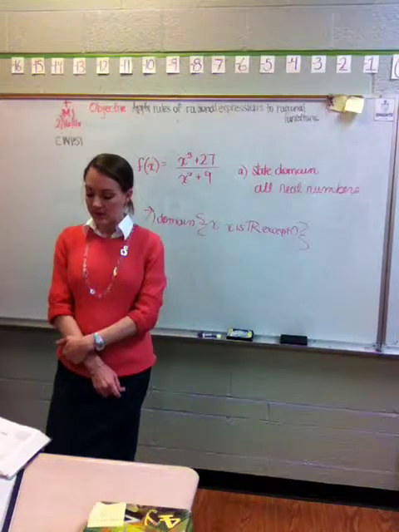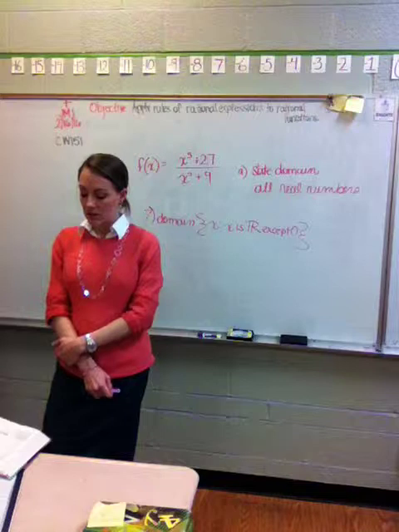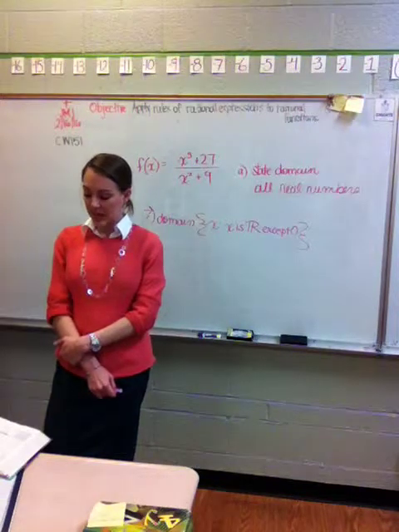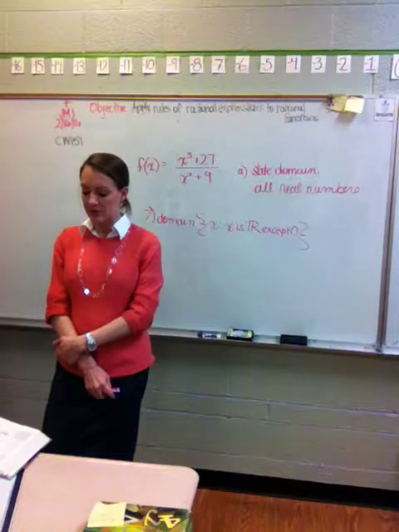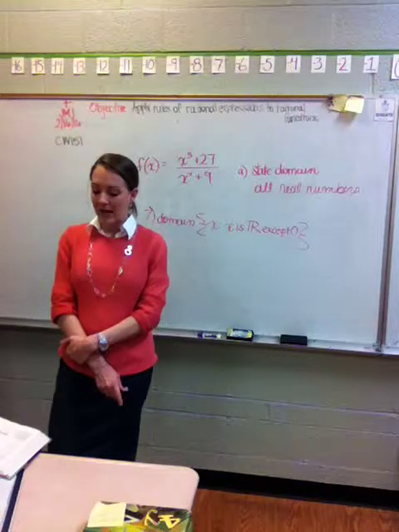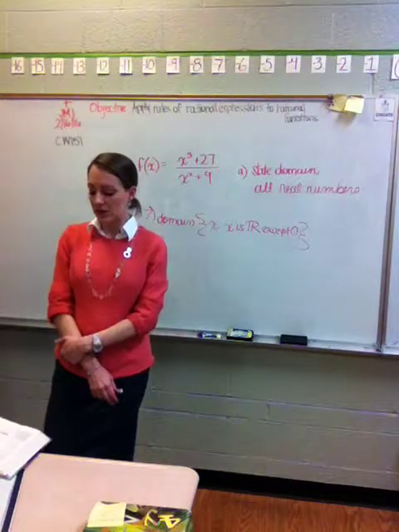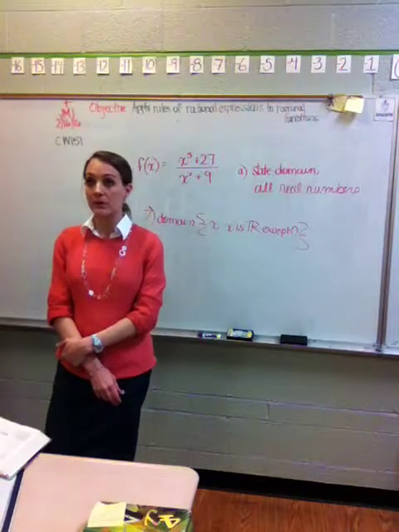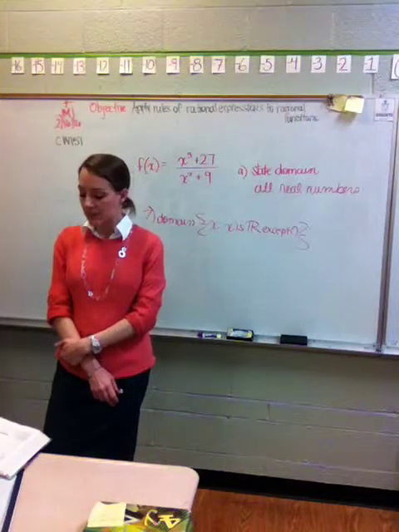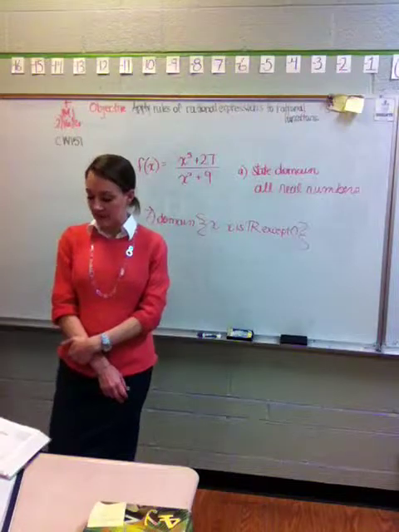Then 14, let's think about what that would be. Should be all real numbers because you're adding 4, and anything squared plus 4 is, even if you have 0 squared, you're still going to have positive. And then number 15,